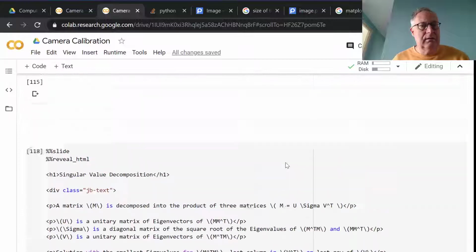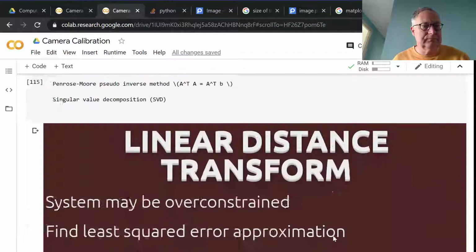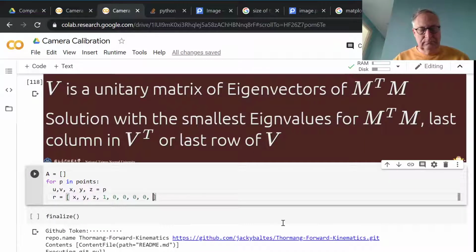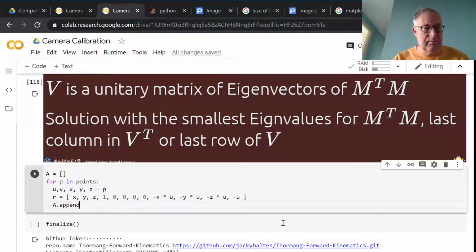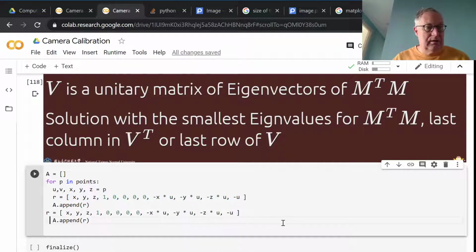And then negative X times U, negative Y times U, negative Z times U, and negative U. So that's the first one that I add to my transformation matrix. And then the next row,